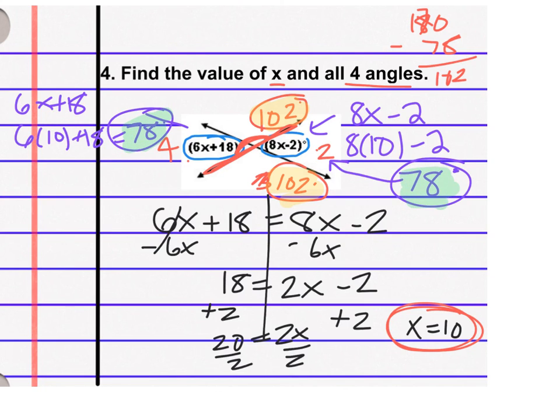So anytime you have 2 lines making an X, you're going to have a pattern like this. You're going to have 2 sets of congruent vertical angles, and the adjacent angles will be supplementary or add up to 180. So it will all fit together like a puzzle. It is so beautiful. Why I love